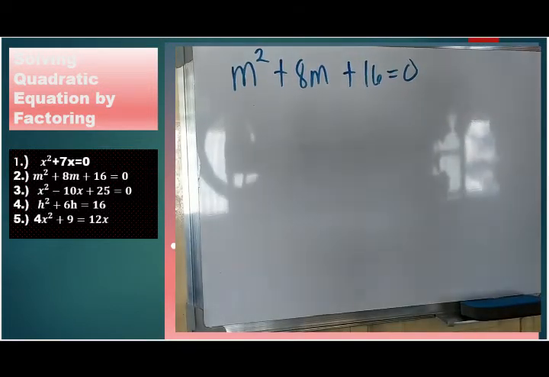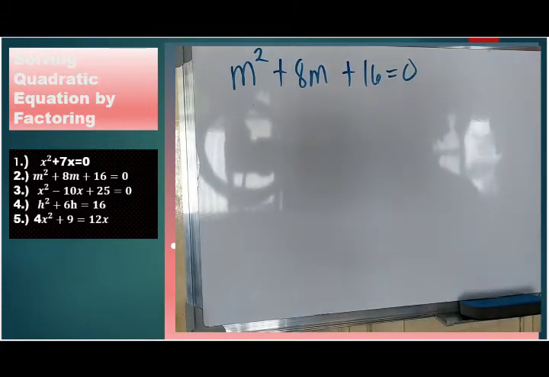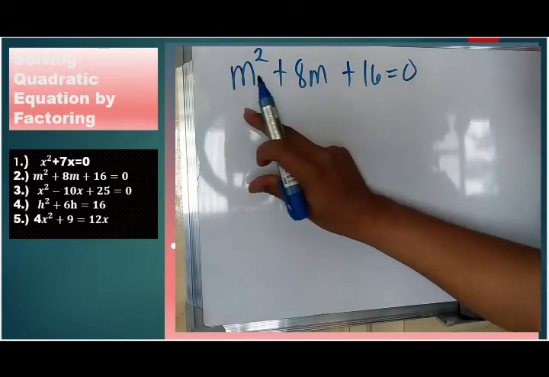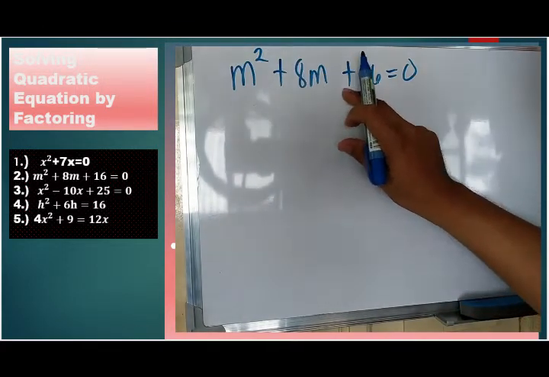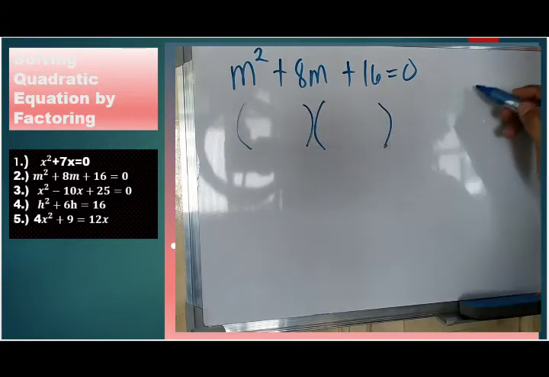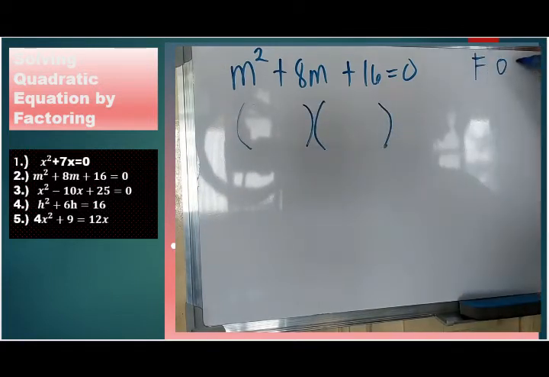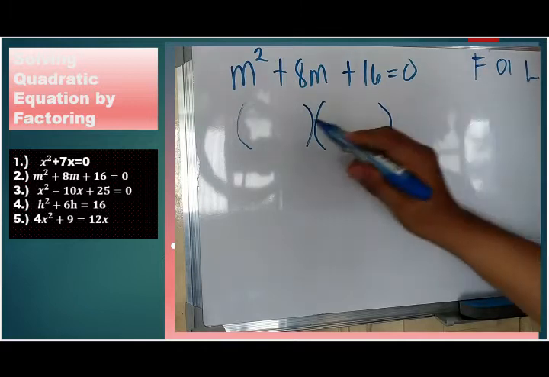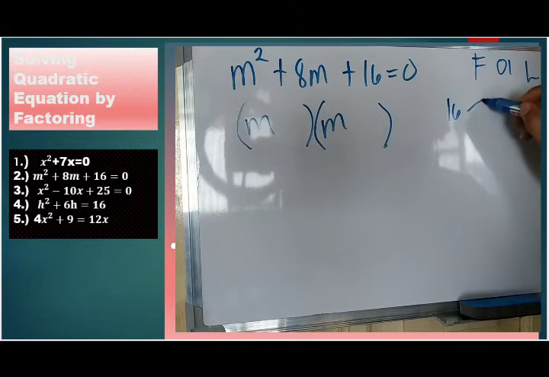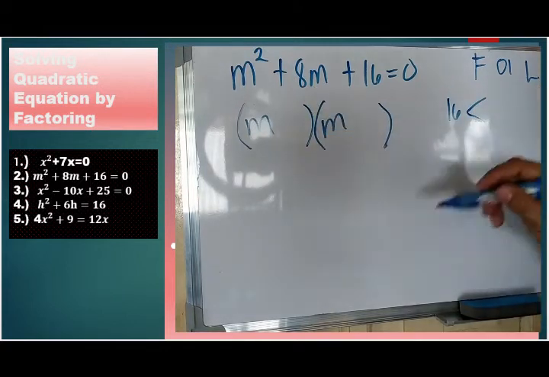So we have m squared plus 8m plus 16 is equal to 0, already written in standard form. Therefore, you now have to factor the quadratic expression m squared plus 8m plus 16. It's a trial and error, so use the reverse of FOIL method. First is your m times m. How do you get 16? That would result in 8. So you can have